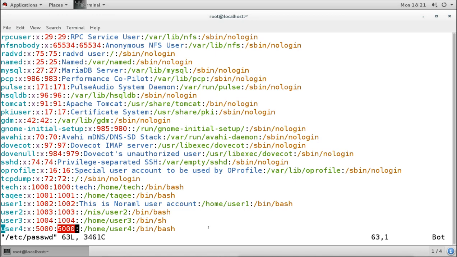So we can change the GID, but not with a new GID, we can change it with existing GIDs. That means we can create a new user and make that user a primary member of an existing group. And that means changing the GID is actually making the new user a member of the existing primary group.